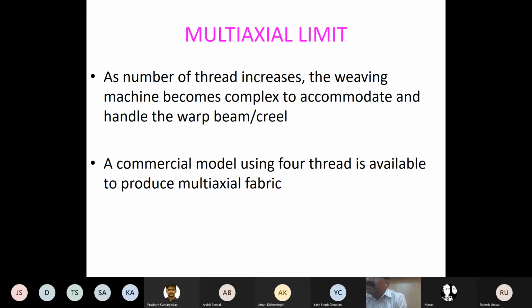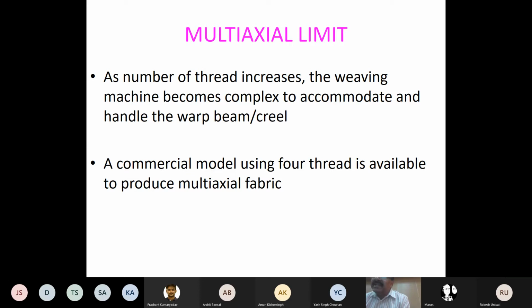If you understand weaving, you must understand this terminology, otherwise it's difficult to understand. Let off, take off, you understand what is let off. Let off means the mechanism which releases warp from the back beam. Take off means it winds up the fabric. So we must have a synchronization between let off and take off, so that tension in the yarn is maintained and weaving proceeds smoothly. If we have 5 different warp yarns, means 5 different let off mechanisms.